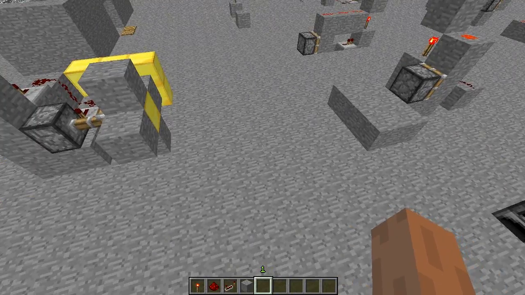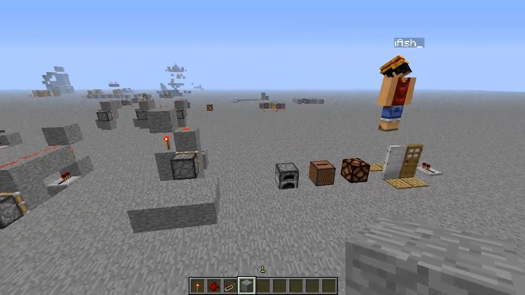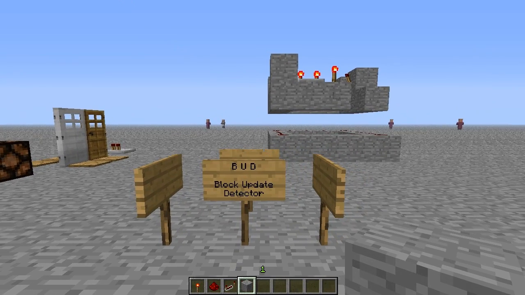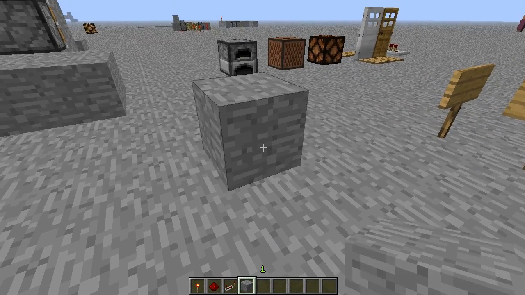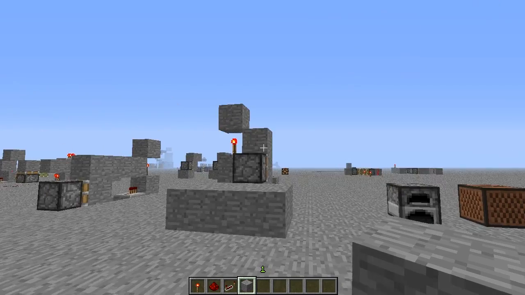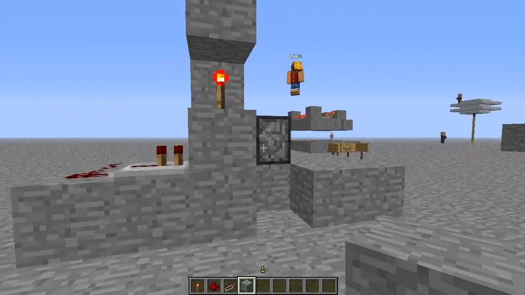The video today is continuing my Redstone tutorial series, and today's video is all about bud switches. As the sign by here, which Ash wrote, says, bud means block update detector. So it basically detects when a block is placed or when a block is removed. Very simple. Okay, so here is the first majorly used bud design